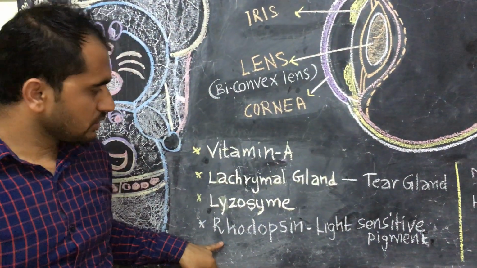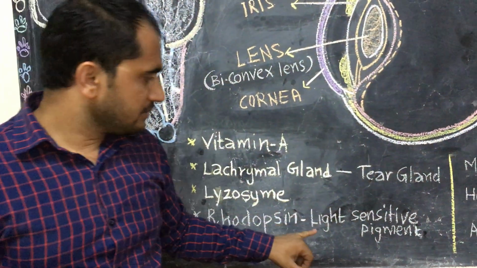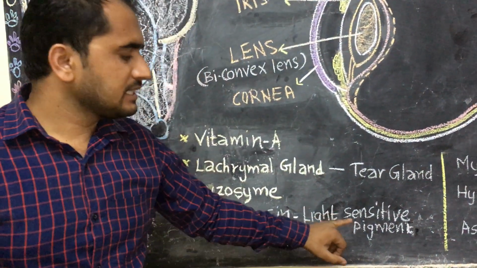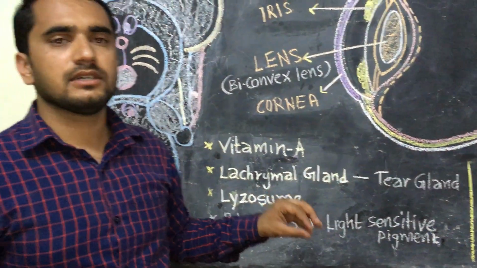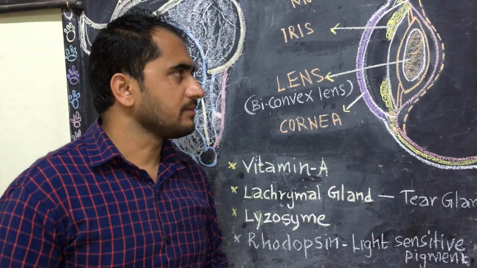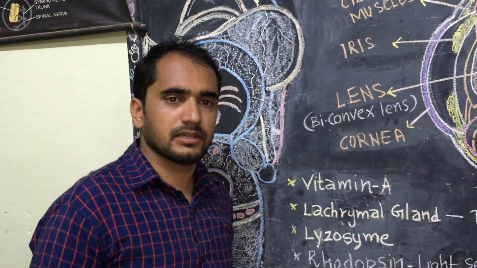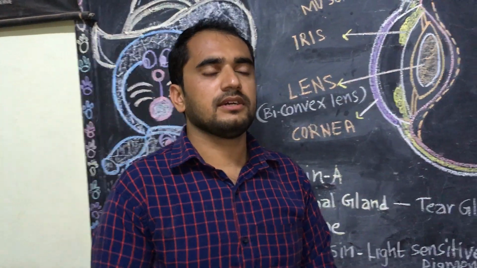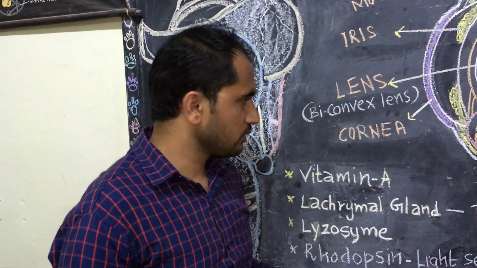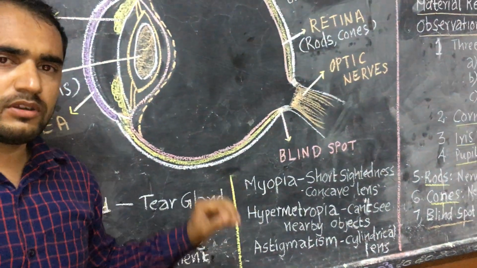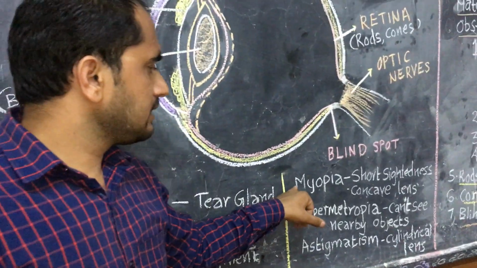And next is rhodopsin. Rhodopsin is a light sensitive pigment. It is present in the rod cells of the retina. You can be asked which is the light sensitive pigment present in the rod cells, that is rhodopsin. When we talk about diseases related to the eye,